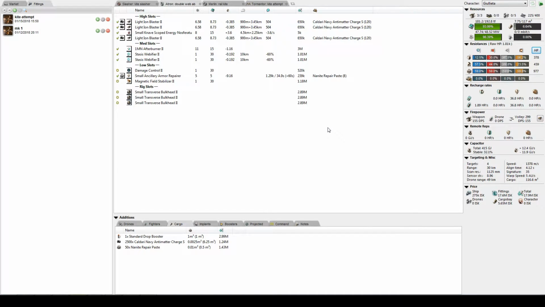It has a balanced slot layout, which means it's versatile in its fitting. However, I don't recommend running anything other than a hull tank with an ancillary armor repper for solo. For fleet, I've had good success with other people running a shield extender max DPS with Logi. Now for this fit, I've decided to run dual web